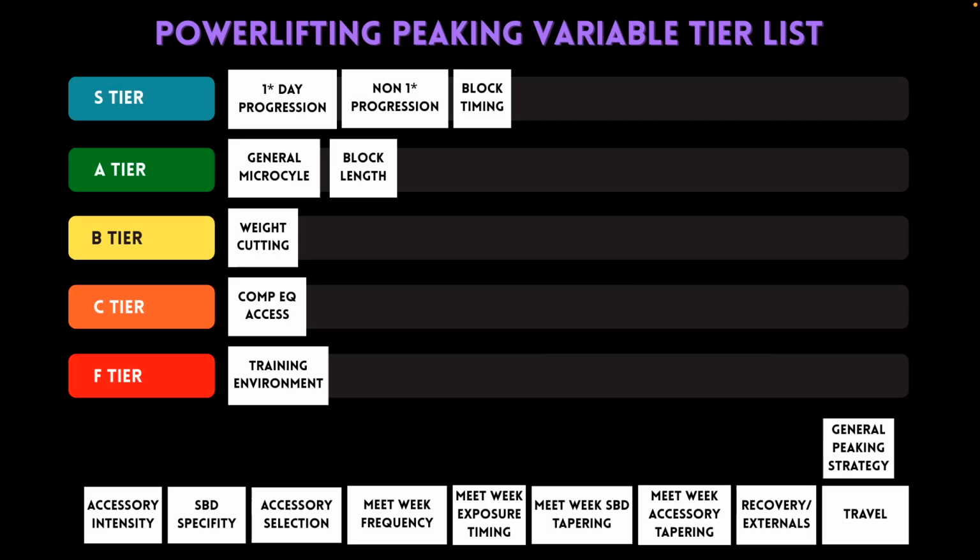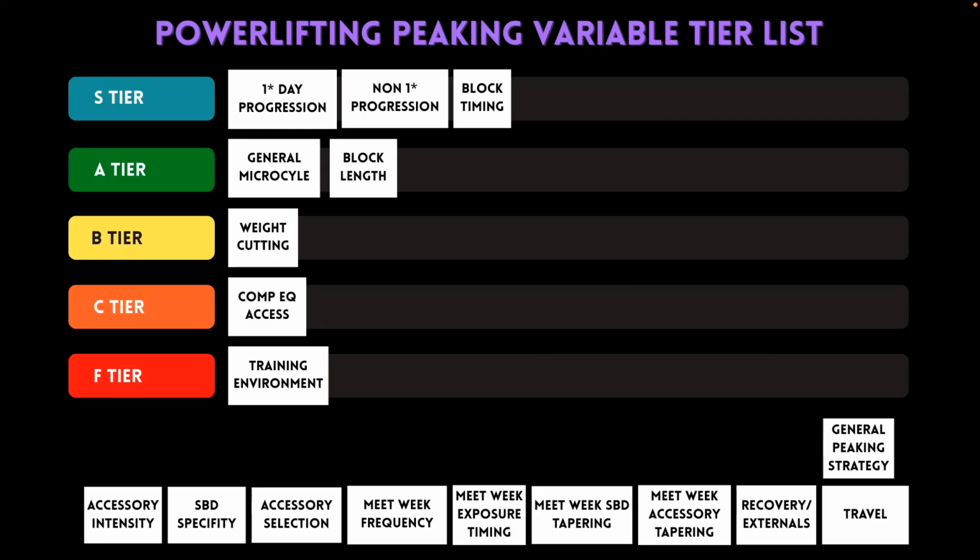What I think is more important is everything we have in the S tier. So the timing of things, the primary and non-primary progression, and things of that nature. So those are my thoughts. I think it's important, but sometimes it can be interchangeable and it might not make or break the meet. It just really is how predictable as possible can we come in on meet day and come in as peak as possible.